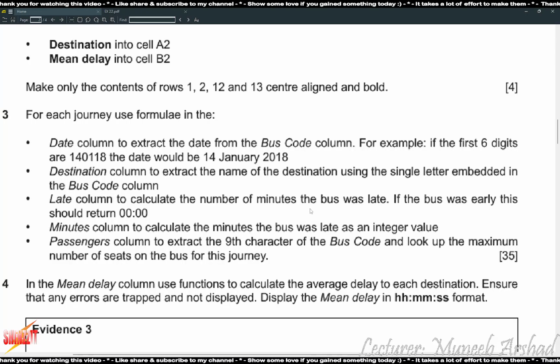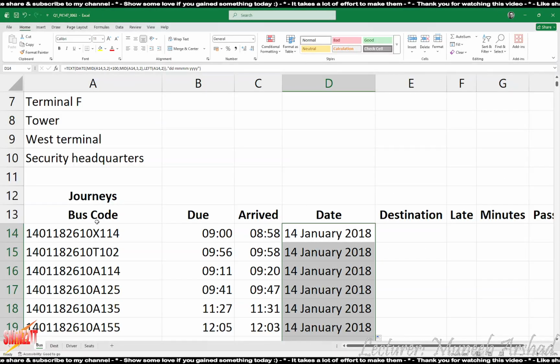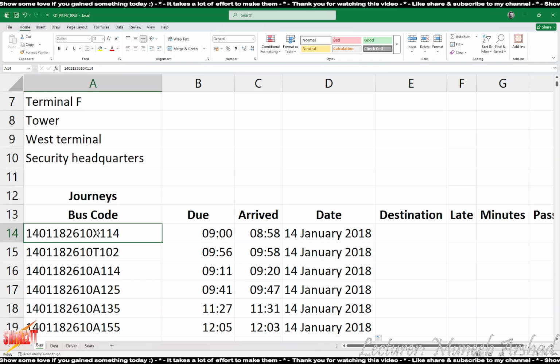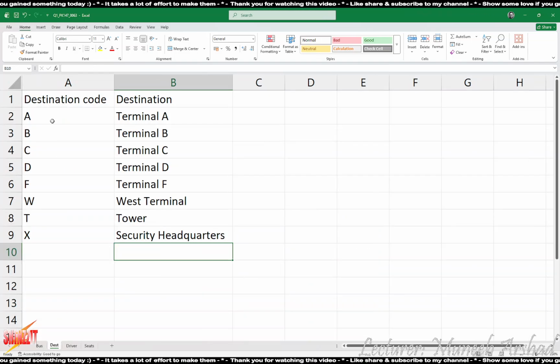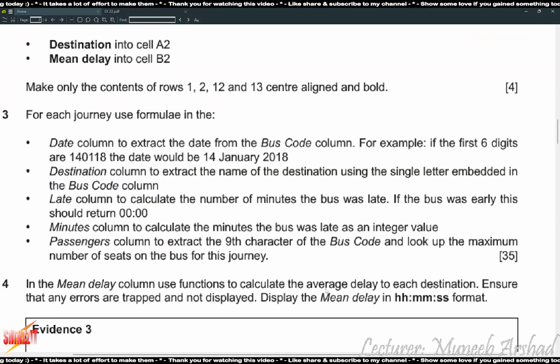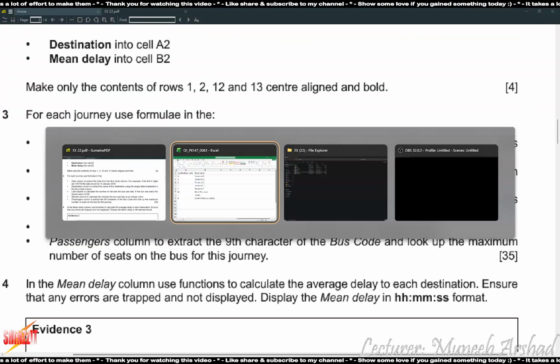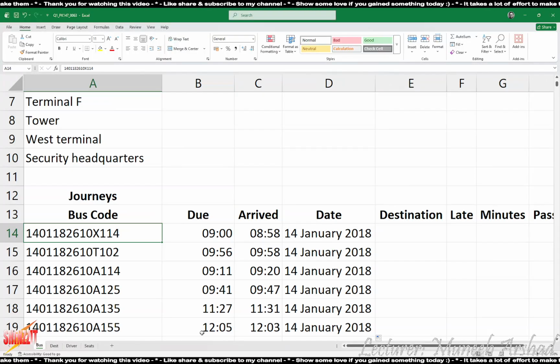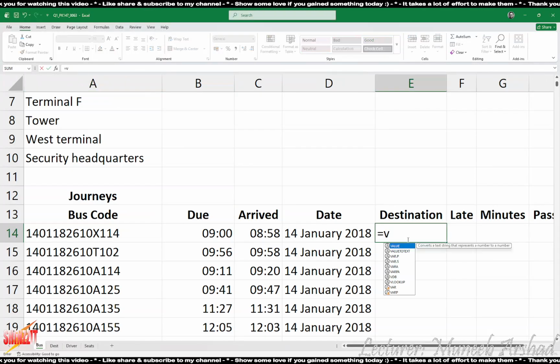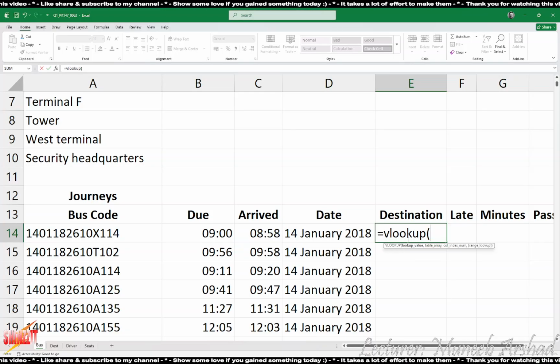Destination column to extract the name of the destination using the single letter embedded in the bus code column. Okay, so bus code column has probably this letter, which is referring to the destination, right? So we can use VLOOKUP. Over here, we got to apply equals to VLOOKUP. Now,